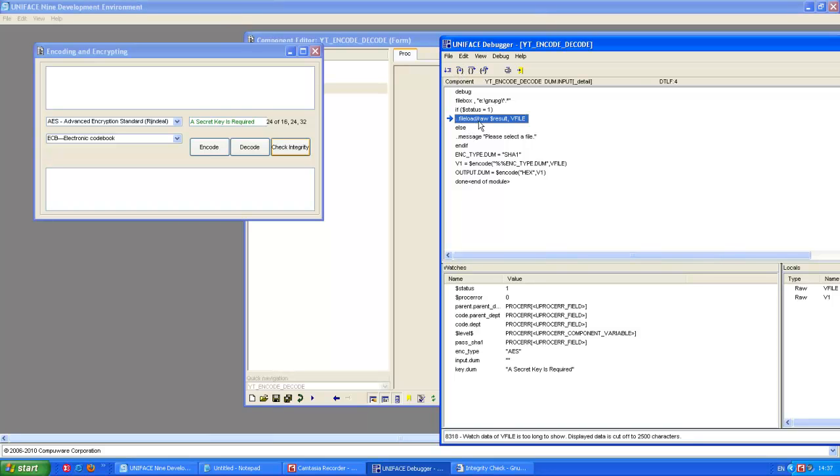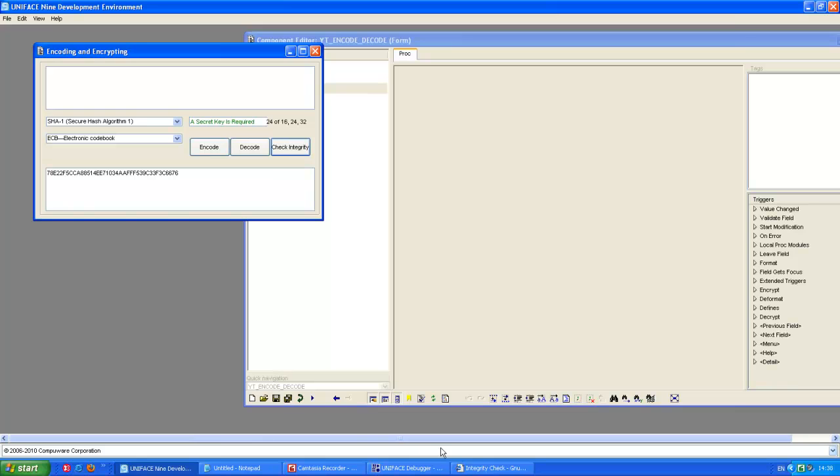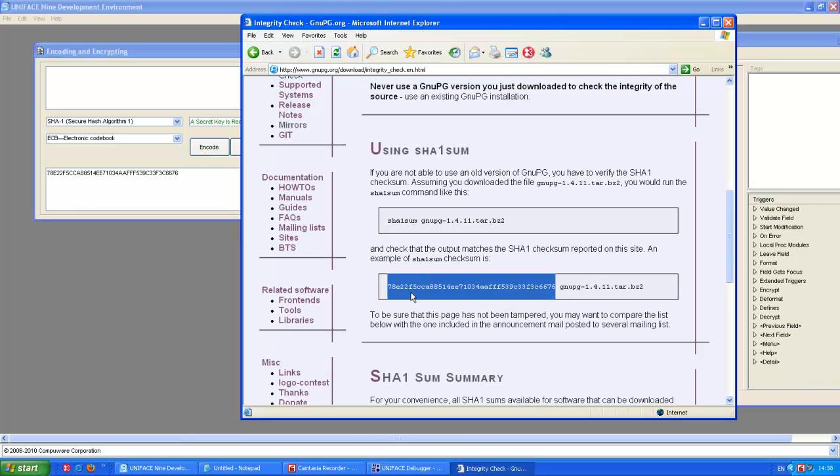I'm using file load / raw, and vfile is actually a raw variable. And then I'm going to use the SHA1 algorithm to encrypt the file. And I'm going to output it, encode again into hex, because my output field is a string field. And here is the hash value, and I can compare with the one on the website, and I know that